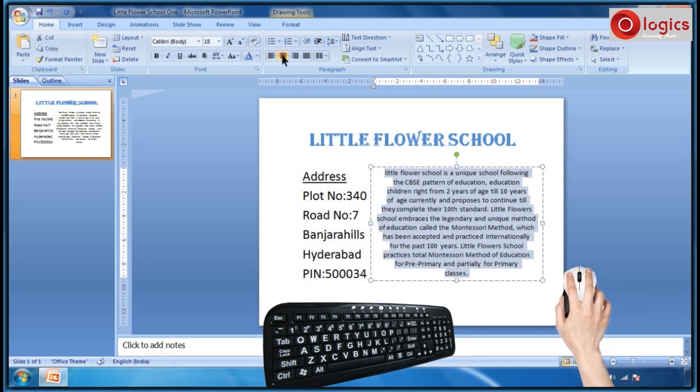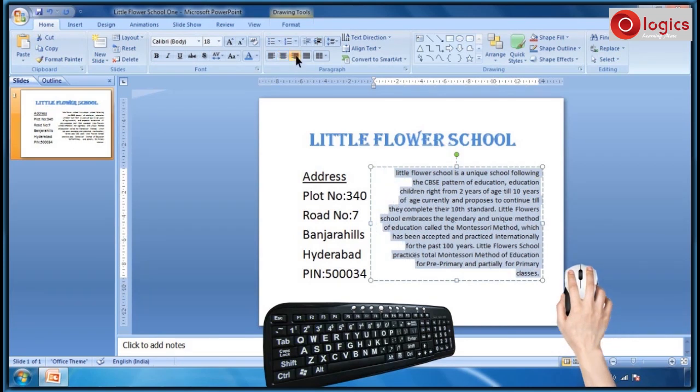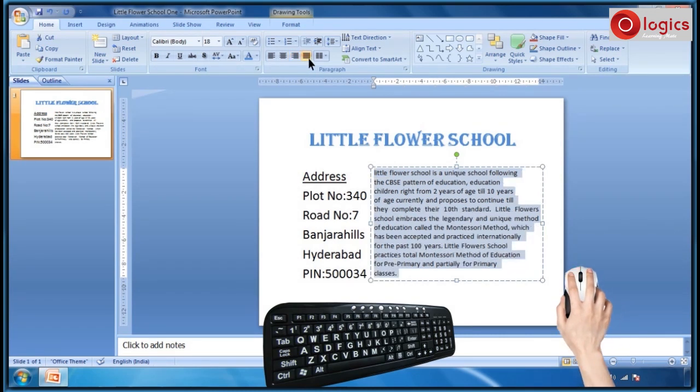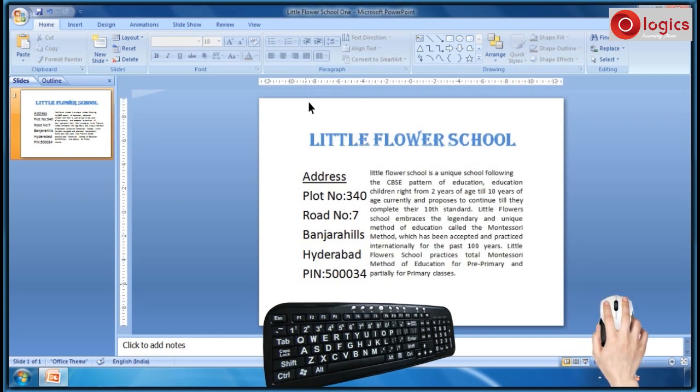This is the center alignment. This is the right alignment. This is the justify command, which aligns the text to both the left and right margin, adding extra space between words as necessary.